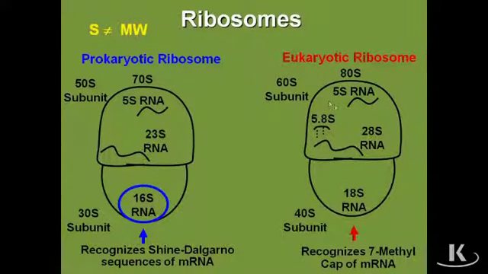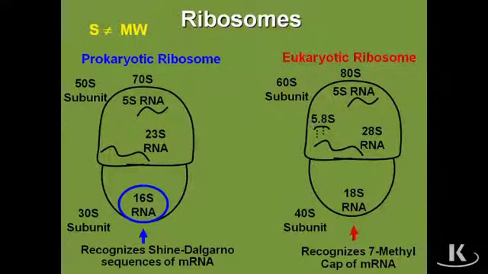Moving over to the eukaryotic ribosome. The large 60S ribosomal subunit is subdivided into a 5S, a 28S, and then a 5.8S ribosomal RNA species. So there's a subdivision that goes on here. Once again, I wouldn't spend too much time worrying about all of these ribosomal RNA species. The one thing I would remember is that all ribosomal RNA is made by RNA polymerase 1, with the exception of this little guy right here. 5S ribosomal RNA is made by RNA polymerase 3. Okay, now the 18S ribosomal RNA is the main one that makes up the small 40S ribosomal subunit, and it's the